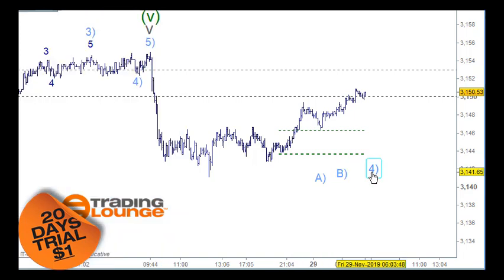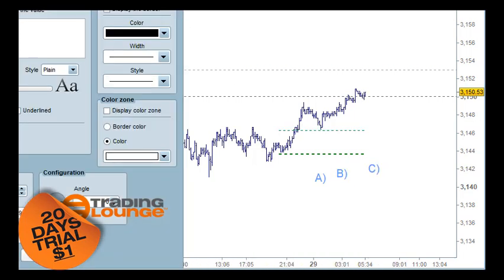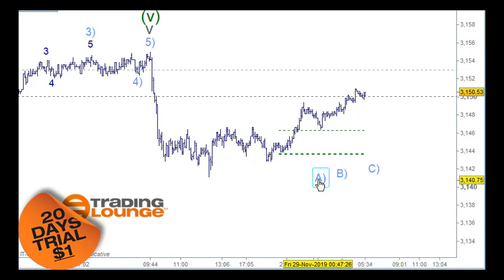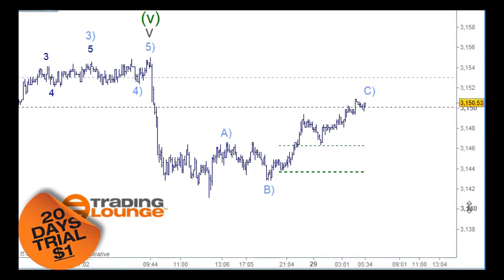Just label these here. So if we were going to label this here, coming to the upside here, we'd need to look at this as the A wave here, then an A and a B and a C for the B wave here, and then we need to count 5 waves up here. So it's probably likely 1 and 2 in here, and 3 to here, and 4 to here, and then wave 5 going up. So wave 5 would probably be 1 and 2 into here, and then there's 5 little waves, 1, 2, 3, 4, 5 for the third wave, fourth wave. So one more little high in here to have that little ABC pattern, which would be a bit higher than the